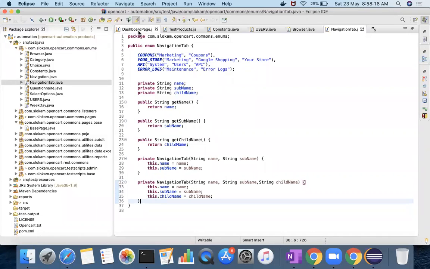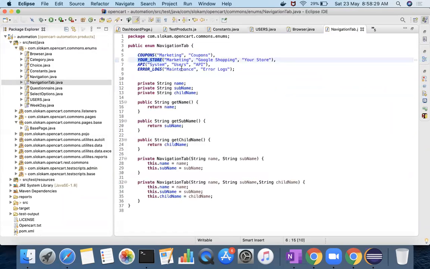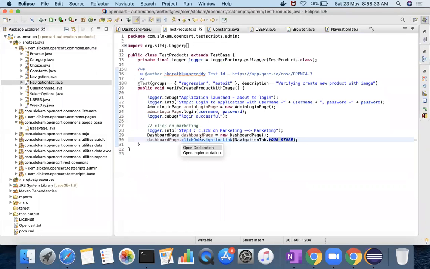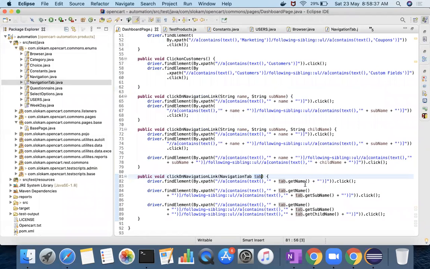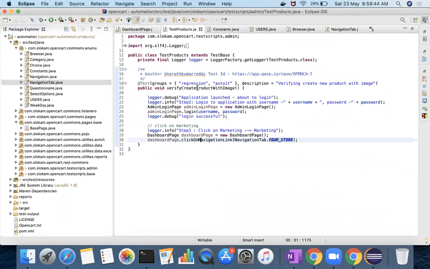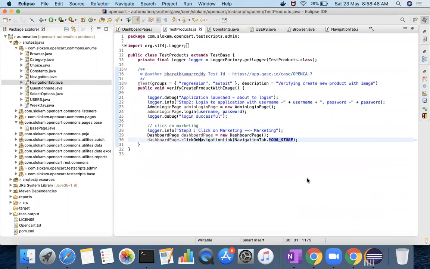Now, whenever you pass values here, let's say test products, navigation tab dot your store. What it will do is, your store will have marketing, Google Shopping, and your store. Then this tab will get the name that will be typed first click, and get name and subname that will be the second and third click. Okay, so right click, run as test engine test.